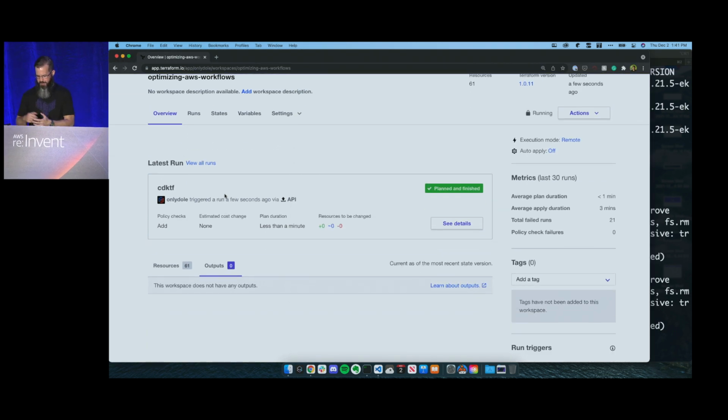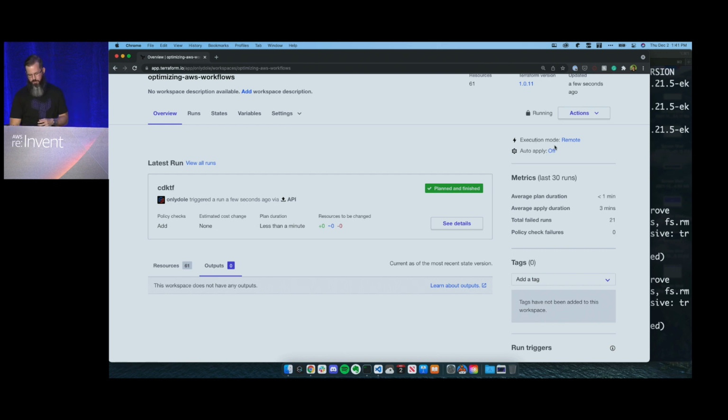Some of the other things, as that continues to roll through, we can also get into the different tidbits about what's going on with the workspace's configuration itself. Over here to the right-hand side, we can see that this is set up for remote execution. If this is backed by a Git-based repository or a version control system, we would also have a link to that. And we can see that we did the appropriate thing on the Terraform Cloud side, in which we're not using auto apply. We're going to leave it to Taylor to do that immediately at the console instead.